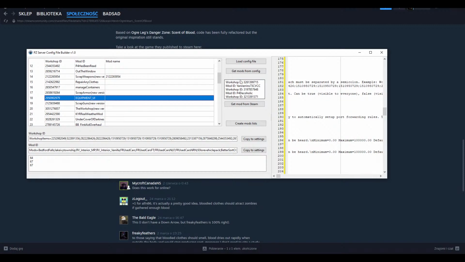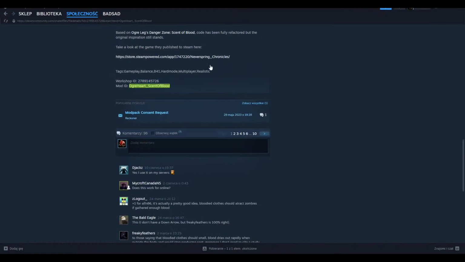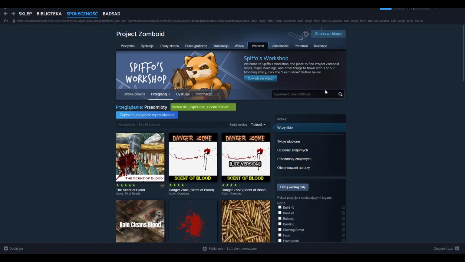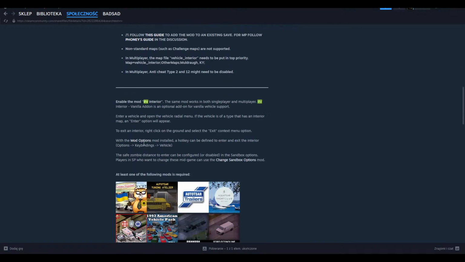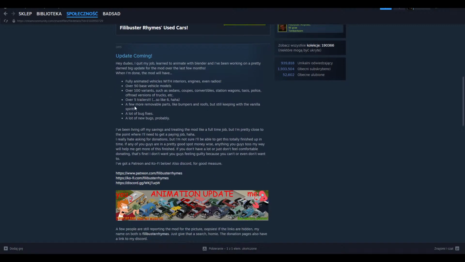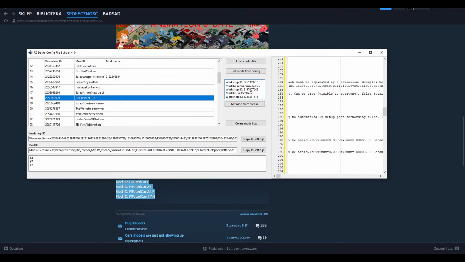So actually, I will need to change this button. For example, that RV mod is a good example. Not the RV. This one is a good example because it has 4. So when I copy a mod that has 1 workshop ID and a few mod IDs, and I paste it here,